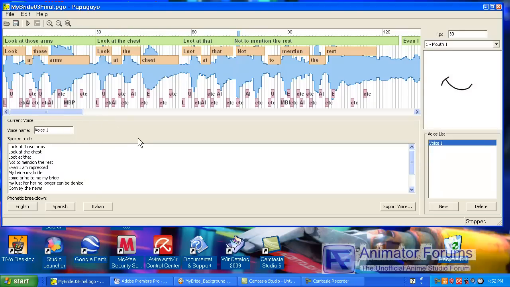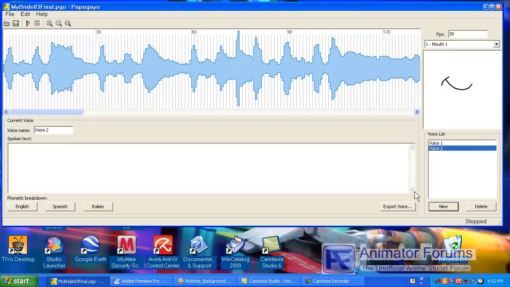So hopefully you've noticed that there's more than one person talking here. Papagayo has the ability to put new voices in the list. For example, you can go down here and add another voice and then type in words for that segment. So you actually have two separate segments. For example, if I go new here, you notice that there's no words there, and then I could type in